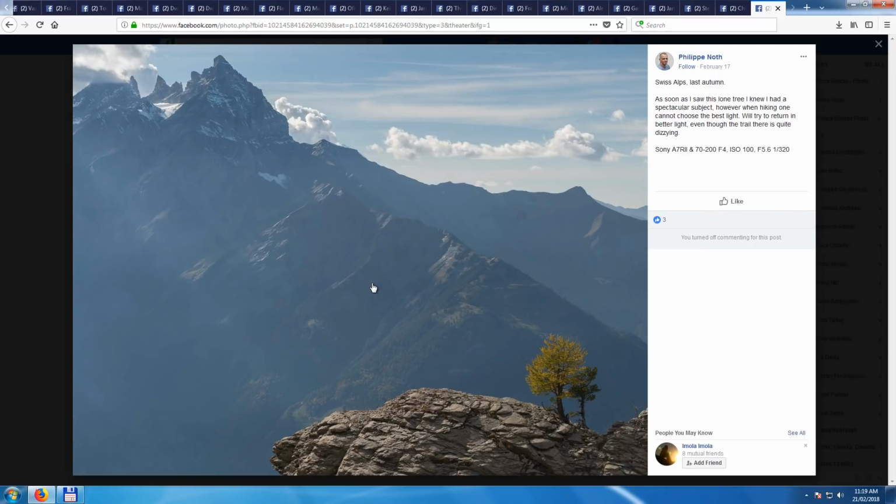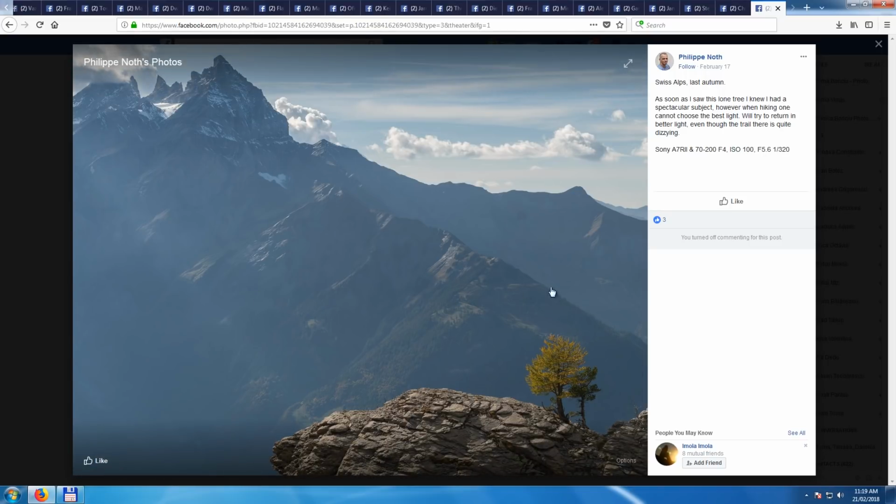Philip North, Swiss Alps, last autumn. As soon as I saw this lone tree, I knew I had a spectacular subject. Well, if you want to make the tree the subject, then you should give it more space over here, and then your frame should be something like this, where you have the rock finishing and you also get the negative space